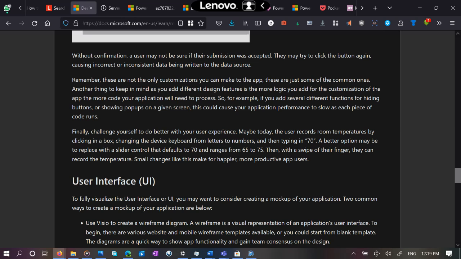These are general design guidelines that you guys should think about, even if you're not making a Power App, by the way. Make a website, if you make any other sort of app, if you make a desktop application. This is all stuff to think about because it all matters. Always give the user some sort of feedback to know that they're doing the right thing, the wrong thing, etc.